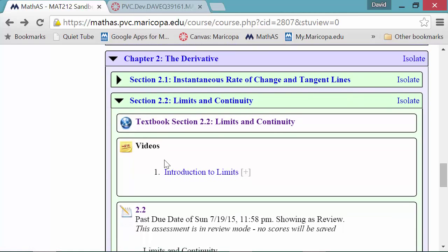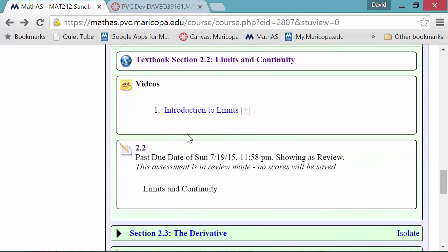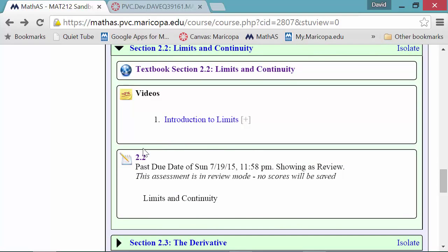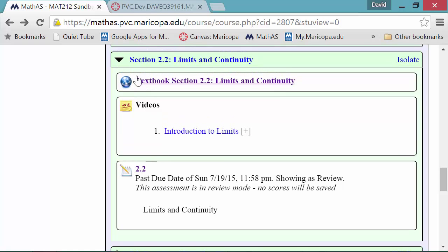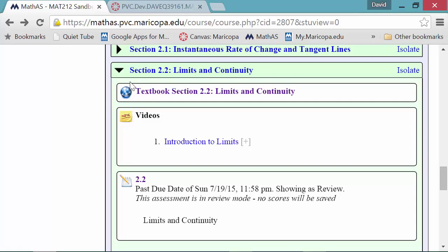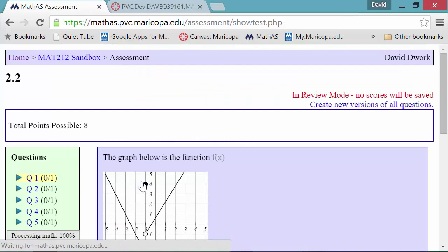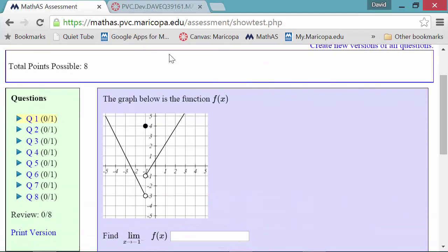As well as the problems, or not the back of the book, but the end of each section, as well as problems that are located here in MathAS. So now, how do you find the MathAS problems? Well, you'll notice I'm here in section 2.2. There's the textbook, here's the videos you watch, and then here is the homework. So you just click on the 2.2 section, and you'll notice it'll bring up problems that are to be done